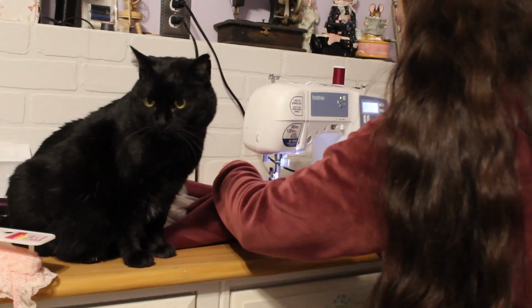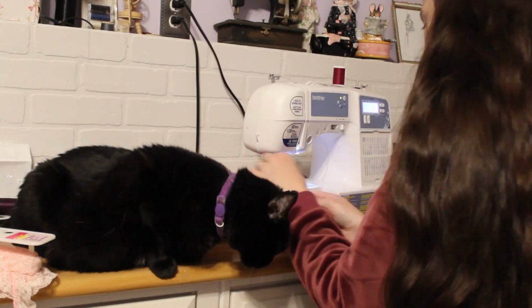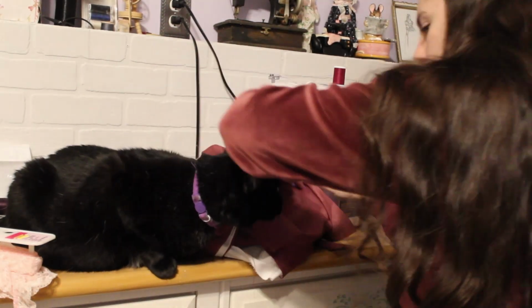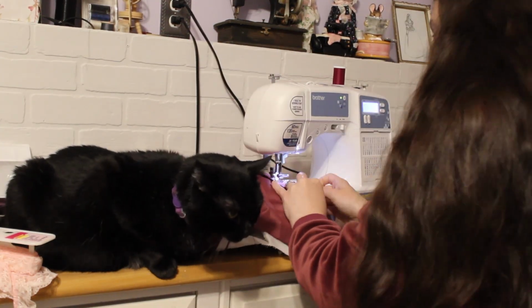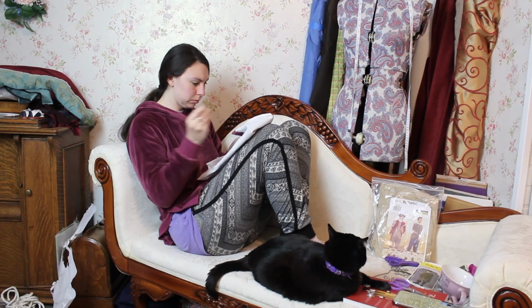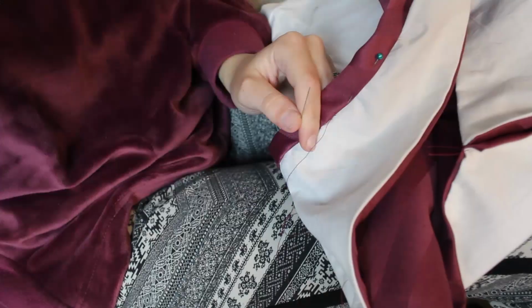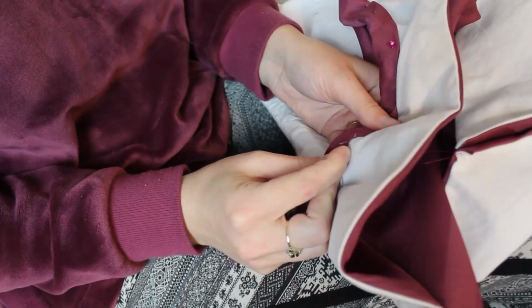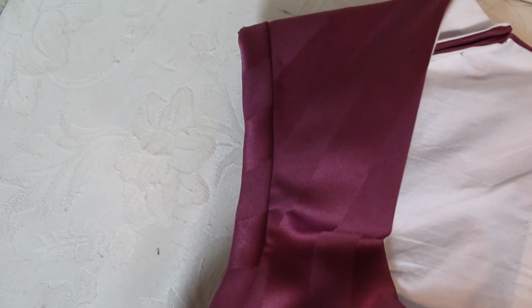Not sure why, but she is going to help guard while we sew on the band that is going to bind the arm side. To attach this band to the arm side, I just pinned one side around and I'm sewing that with my machine, and then I folded the other half onto the inside of my bodice and folded in the rough edges, and then I'm just doing a nice little hand whip stitch all the way around